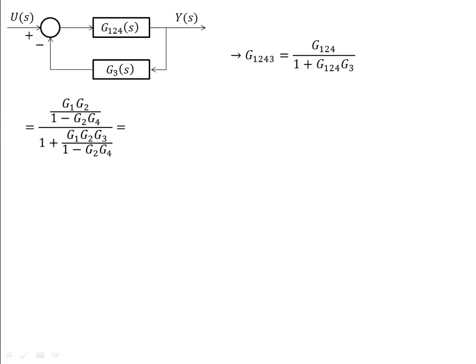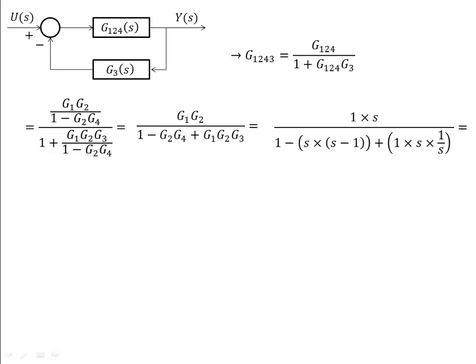If we substitute the transfer functions of G124 and G3 in this expression, we will have this relation. If we further simplify this ratio, we will get G1 G2 over 1 minus G2 G4 plus G1 G2 G3. If we substitute the given transfer function values for each block, G1, G2, G3 and G4, we will have 1 multiplied by s over 1 minus s multiplied by (s minus 1) plus 1 multiplied by s multiplied by 1 over s. This s will be cancelled out with this s, so the resultant of this parenthesis will be 1